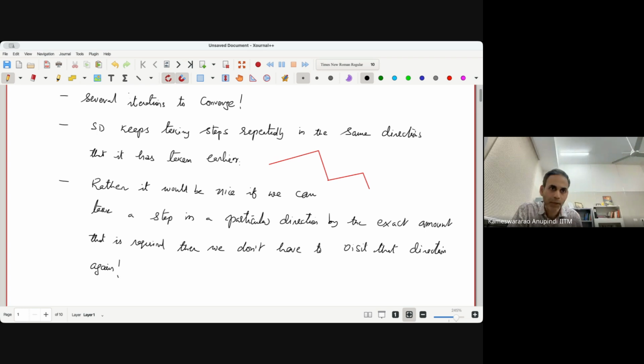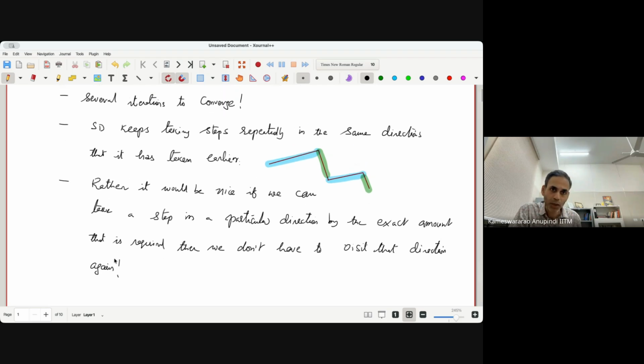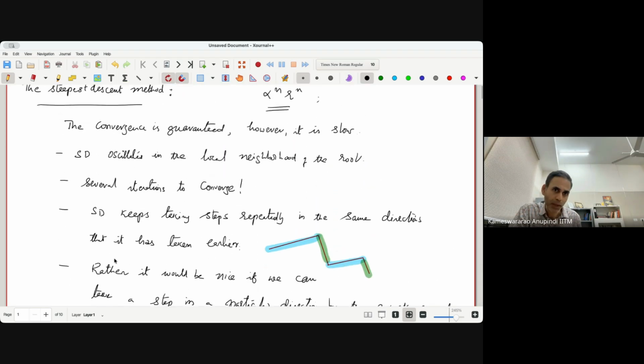For example, if we had taken a step length of this much length in this particular direction itself, then we don't have to again take a step in this direction. Similarly, if we had taken step length of the sum of these two green lines, then we don't have to actually come back and take a step in that direction. So this is what we would like to do, and that is what paves the way for another method